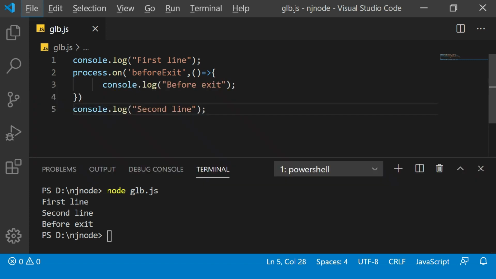As we go deeper in the series, we will have more practical examples of the process object. But at the moment, I just wanted to mention what a global object is, the behavior of global objects in Node.js, and just a know-how of the process object and command line arguments, etc.